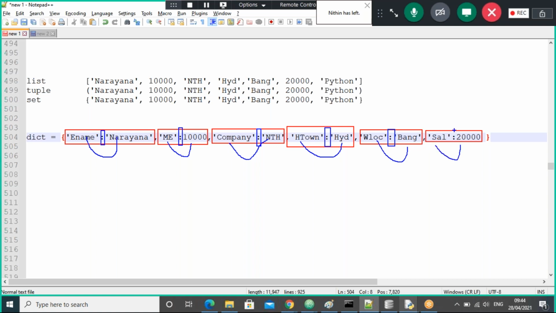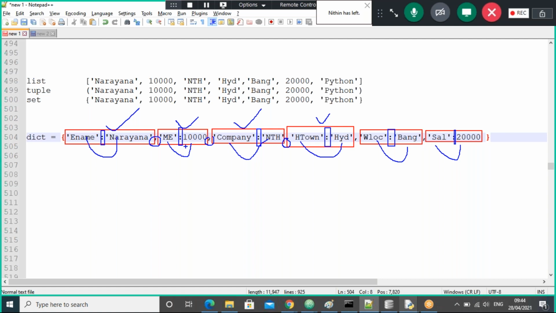This is one pair, this is another pair, and the separator here is comma. Again, another pair is there, and the separator is comma, guys. All pairs will be separated by comma. All of you are clear, right?